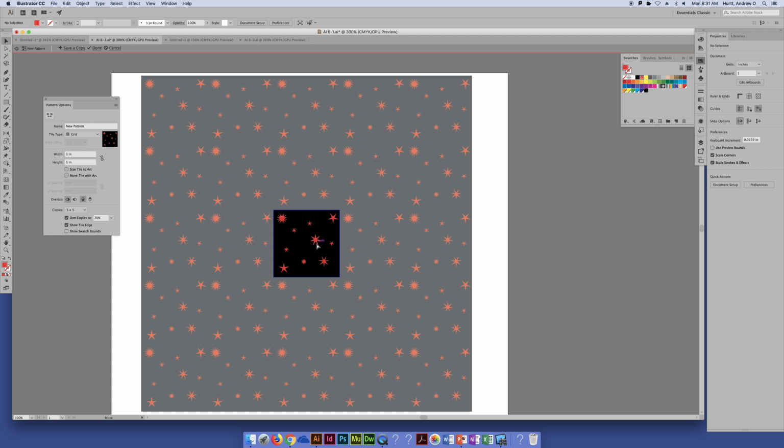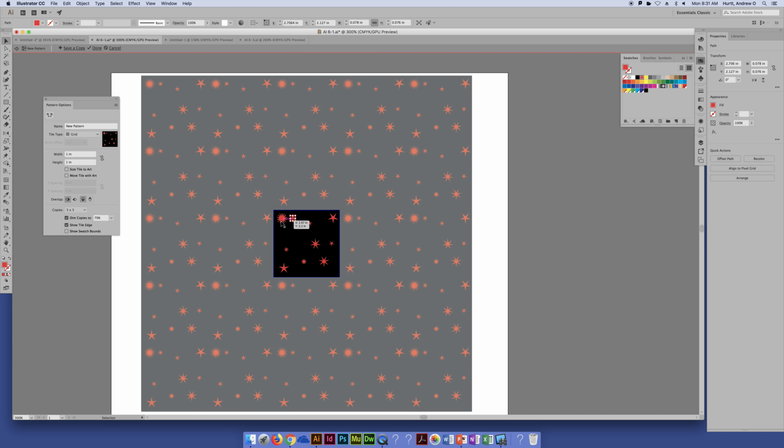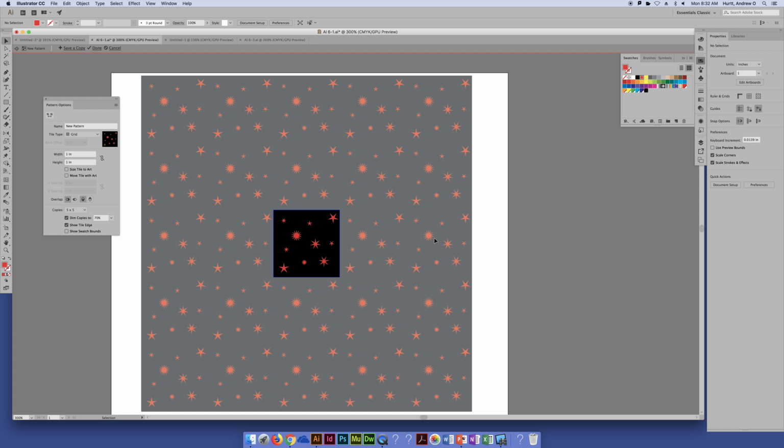So in this case, you have the option to drag these around if you wanted to edit and nitpick your tile design, like I always do. And now we have a little bit more of an even pattern. So it allows you to edit on the fly while saving our swatch. So what I'm going to do is hit done,